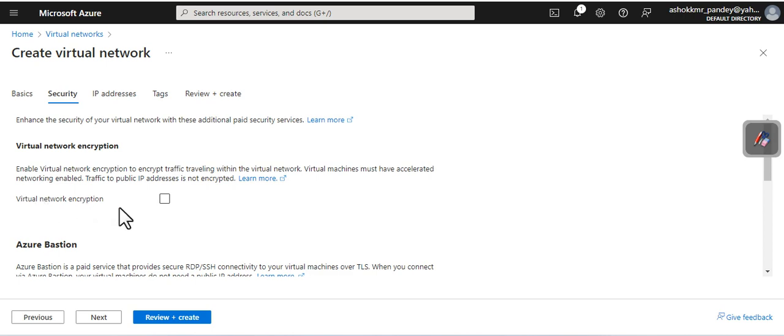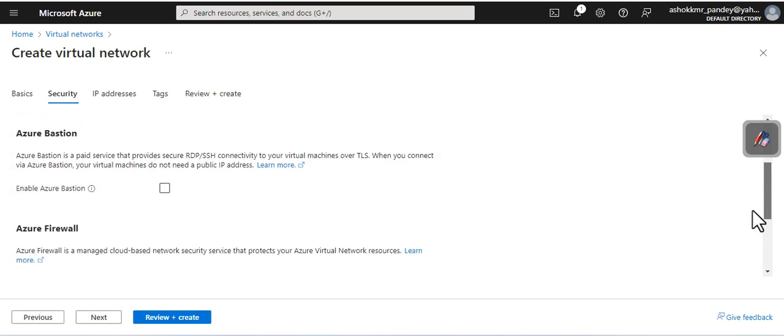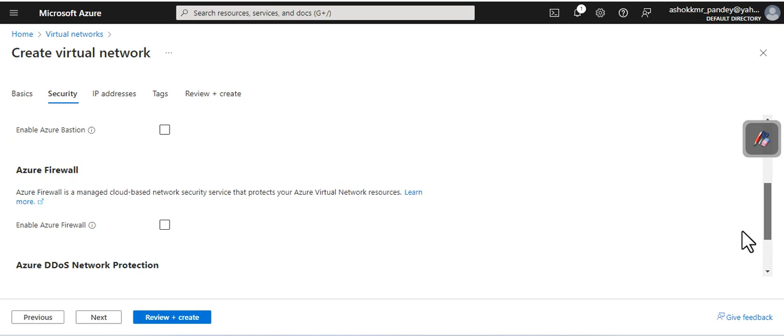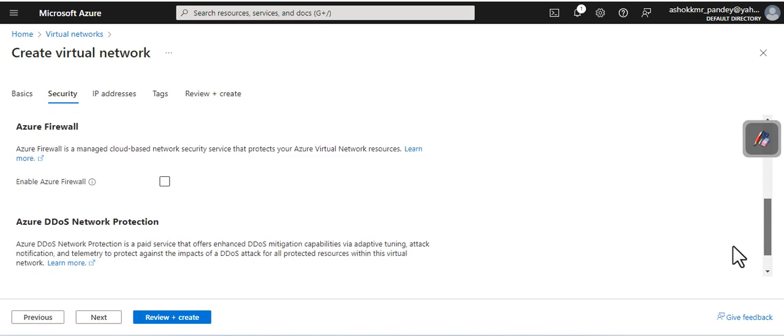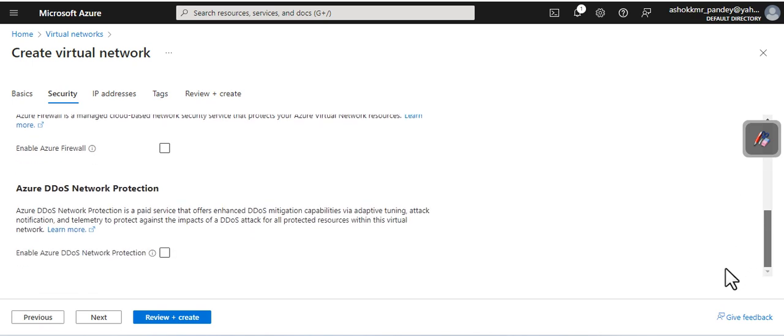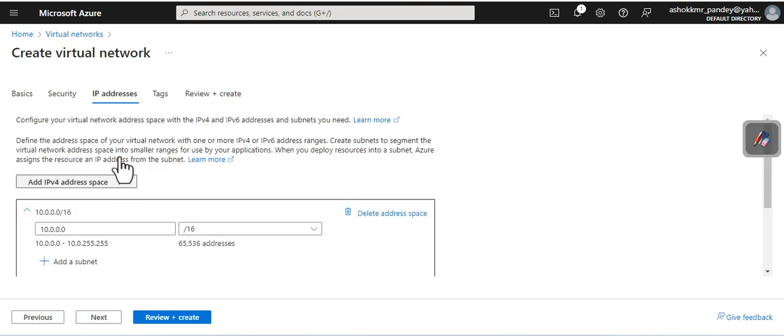Virtual network encryption, do you want it? Do you want to configure Bastion? We will see what Bastion is and how we configure it. Do you want Azure Firewall? So you can enable these settings, and also DDoS protection. Okay, so if you want to enable these things, otherwise say next to IP addresses,